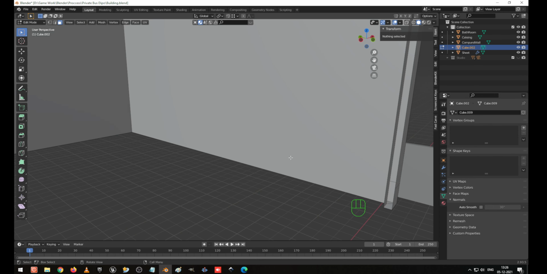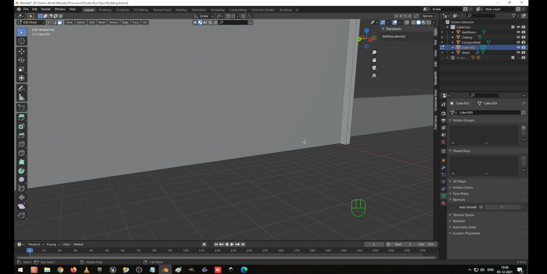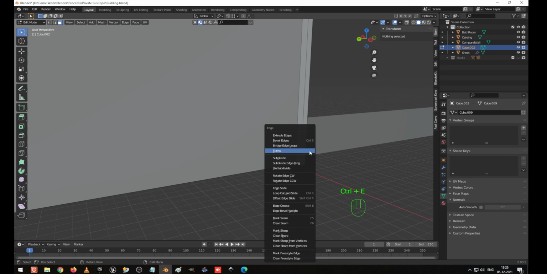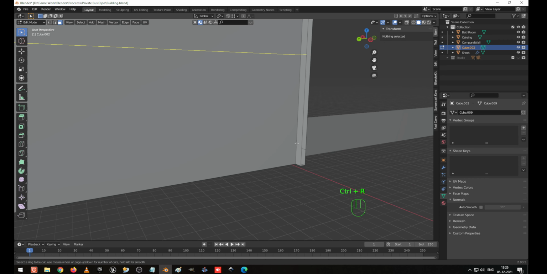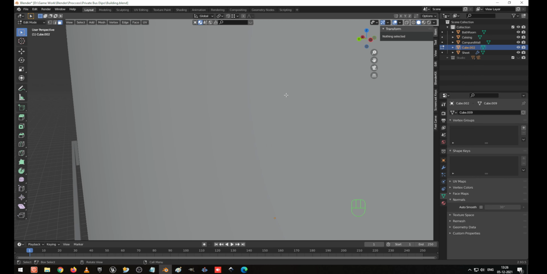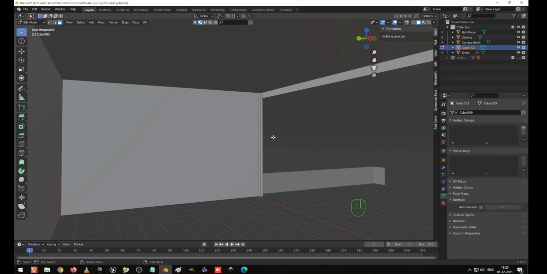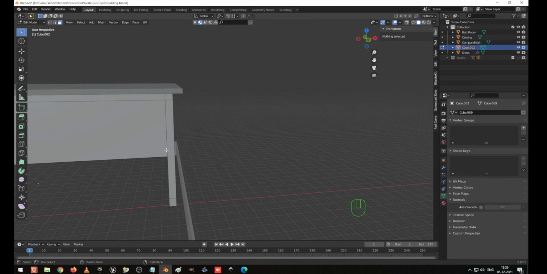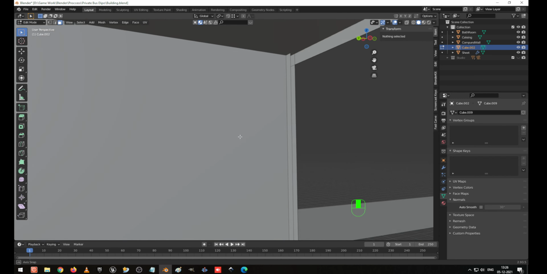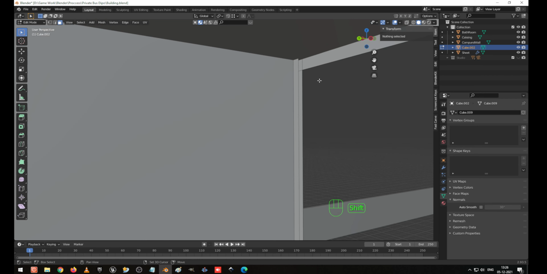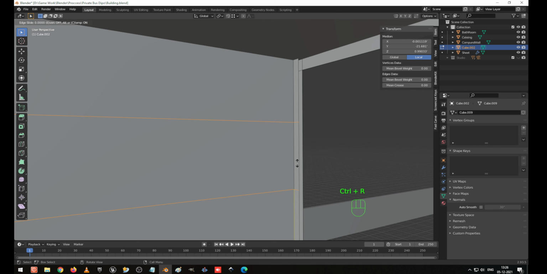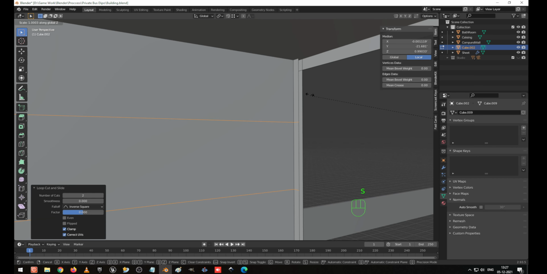Here I am going to create one more edge loop here. So actually what happened is here, okay, I create two edge loops here and scale z axis, sorry, scale it in z axis.